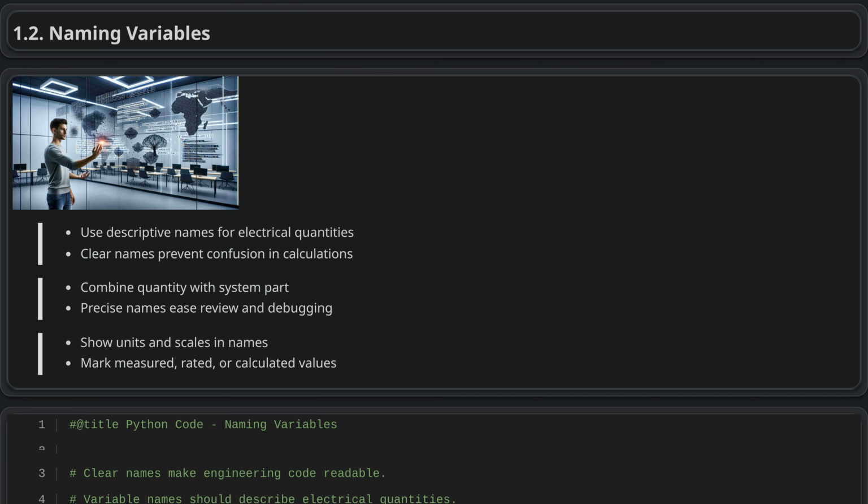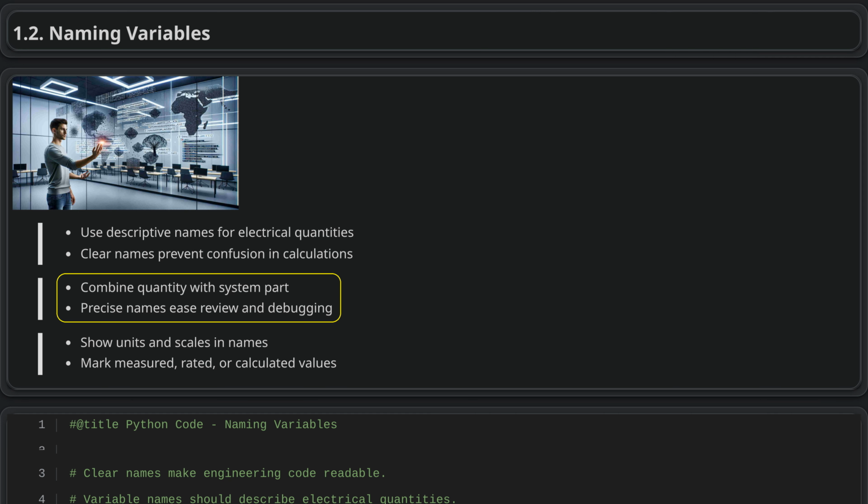Naming variables. When writing Python programs with physical quantities, use clear, descriptive names that show what each value represents. In electrical engineering, names like supply voltage or load resistance give immediate context, while vague names like value or number can be confusing. Clear naming helps distinguish concepts such as current, voltage, and resistance, reducing mental effort and supporting correct calculations. In Python,